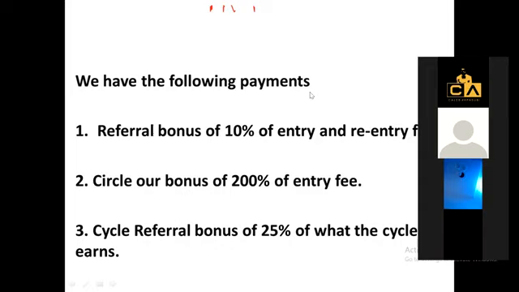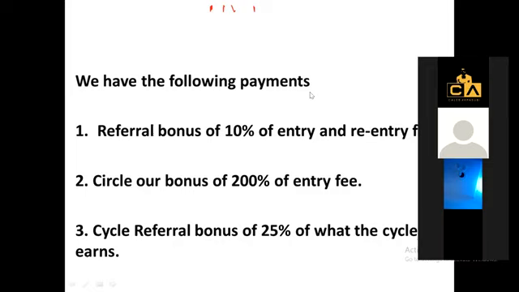All right, so we have the referral bonus. Now, the referral bonus is 10%. So if somebody wants to join the cycle plan, everybody joining the cycle plan must use a sponsor. And the sponsor is not compulsory that sponsor must be the sponsor in COVIS Club International. No. When you are joining, it will ask you for a sponsor, that's a username that is already in the cycle plan. So once you input the sponsor, that person is tied to you, but it's not like the person is going to be on your team.